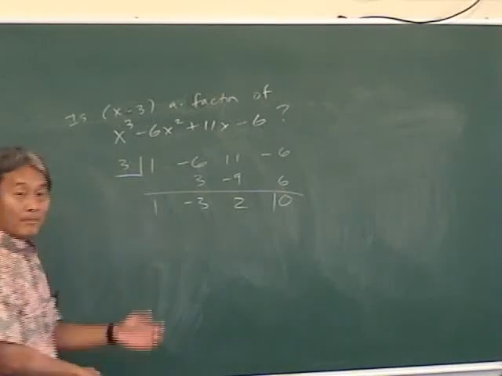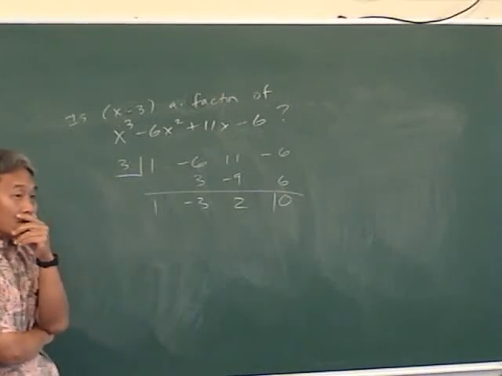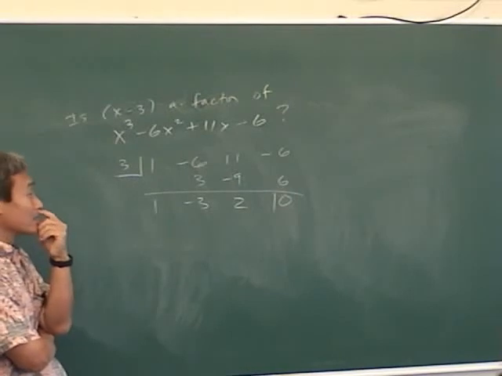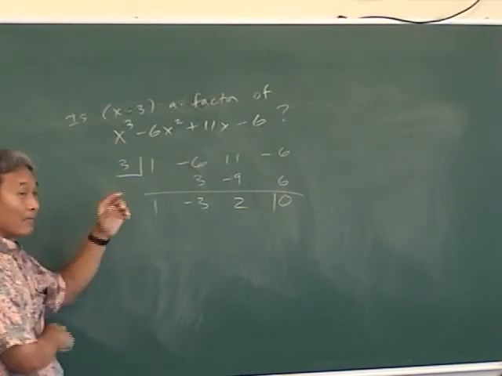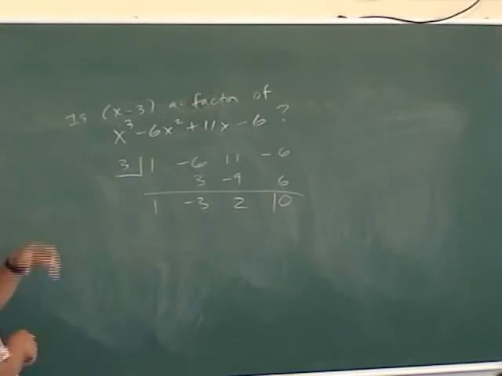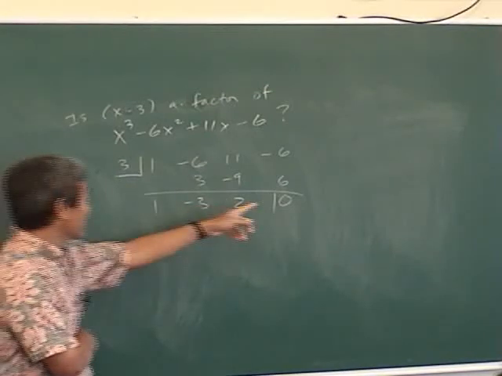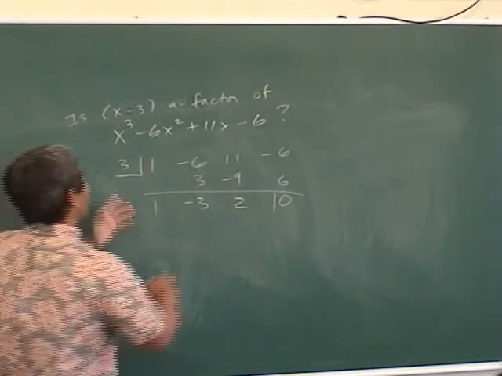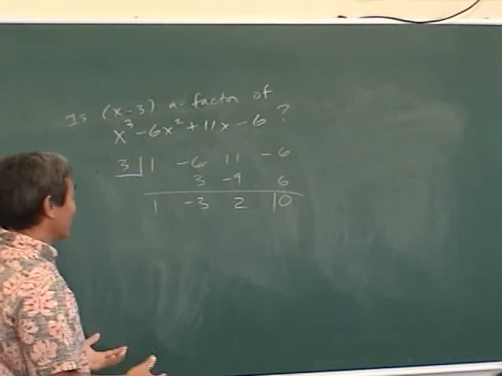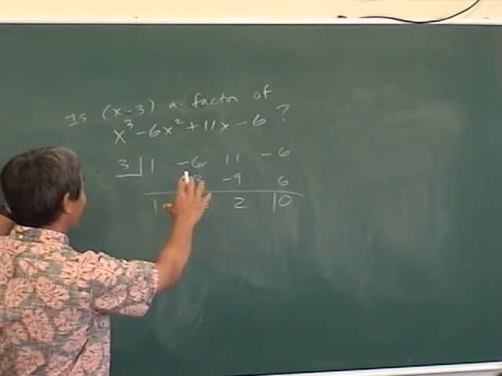Oh, what happens when the remainder comes out 0? What did we learn last year? If the remainder comes out 0, that means x minus the number in the box is a factor. So is x minus 3 a factor? Yes, because the remainder came out 0. And that's probably the most important reason why we learn synthetic division, so we can factor polynomials of degree